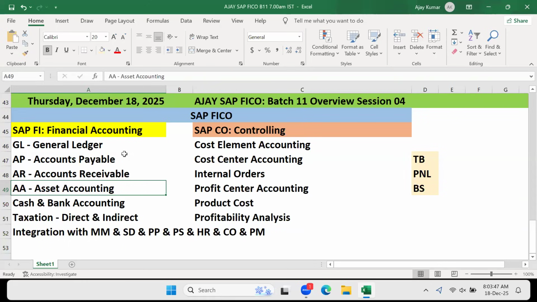Now, to get all the information for analyzing the cost, you have to depend on accounting or you need to depend on controlling. Controlling. The name itself is telling, right? Everybody knows the meaning of controlling. Yes. Even we also tell, right?